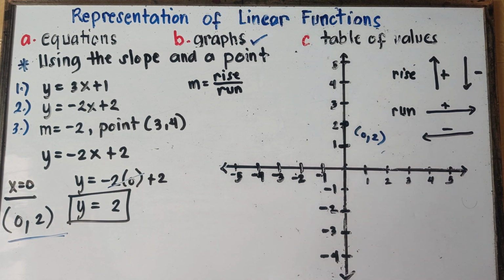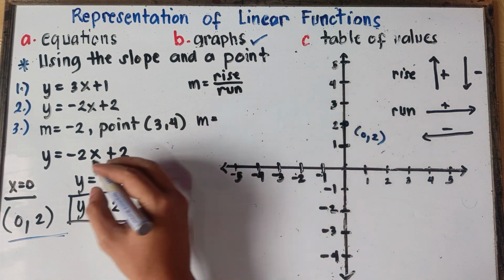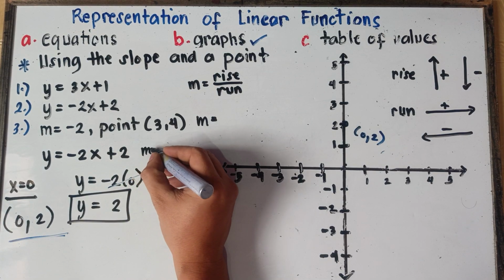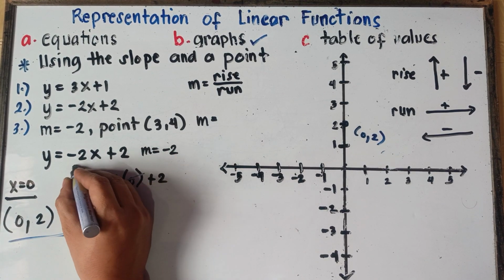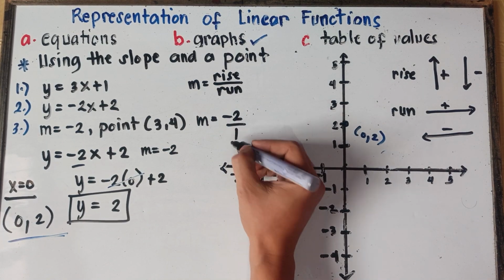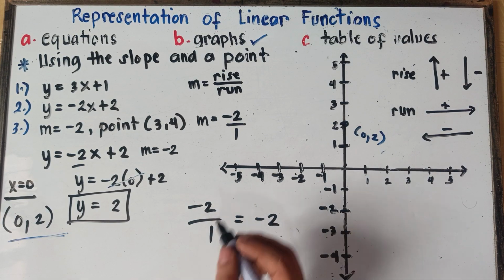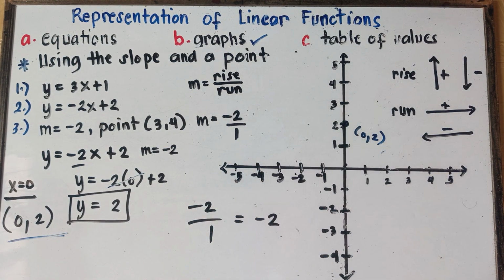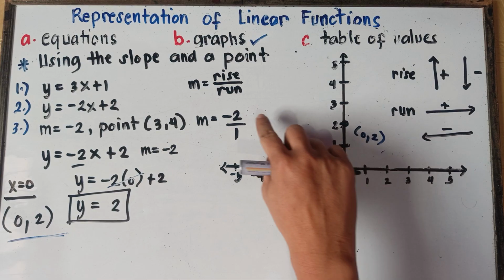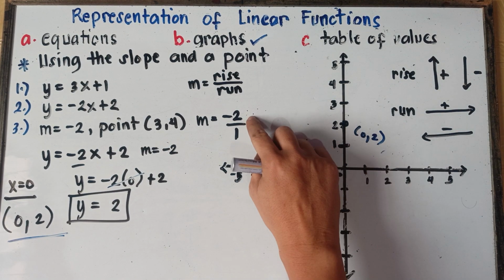And then the second step, class, is we need to use the rise over run. So the slope, of course, we know the slope is -2. So slope is -2 beside x, this one right here. Therefore, this will be -2, and then you put over 1. Once again, -2 over 1 is just the same as -2. We need to put over 1, class, because we have run. Starting from the first point, since this is -2, if it's negative, you move downwards. If it's positive, you move upwards.